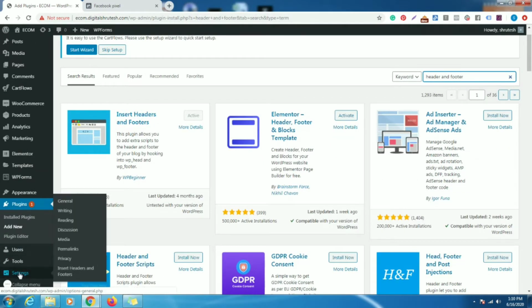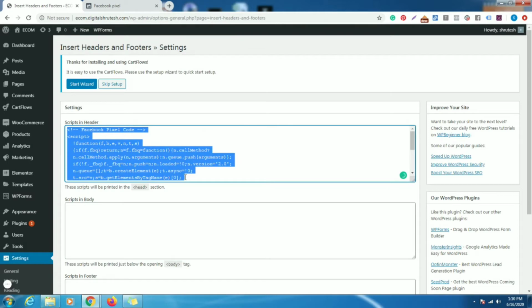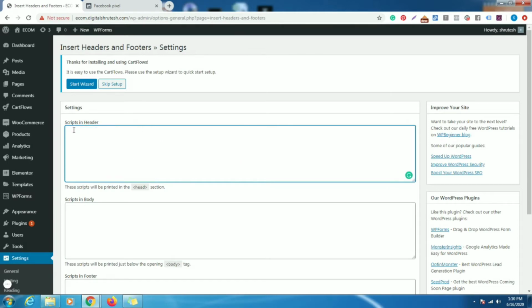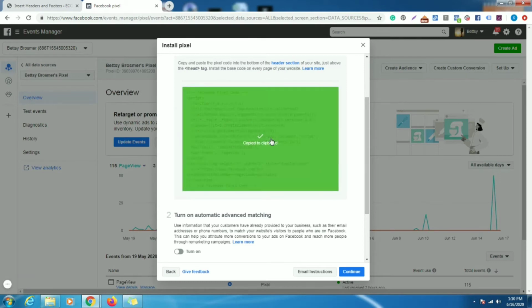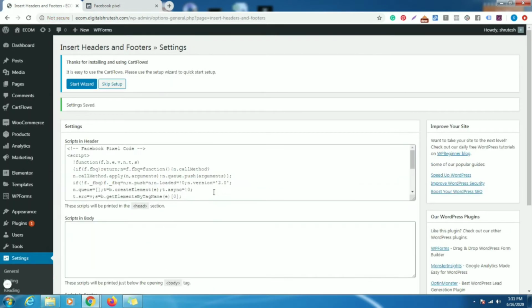Go to Settings, and here it is, the Insert Headers and Footers plugin. Click here. Then here is a pixel code, the old pixel code. I will delete it and then add the new pixel code. Copy it and paste it here. Okay, now I have saved the pixel code here.